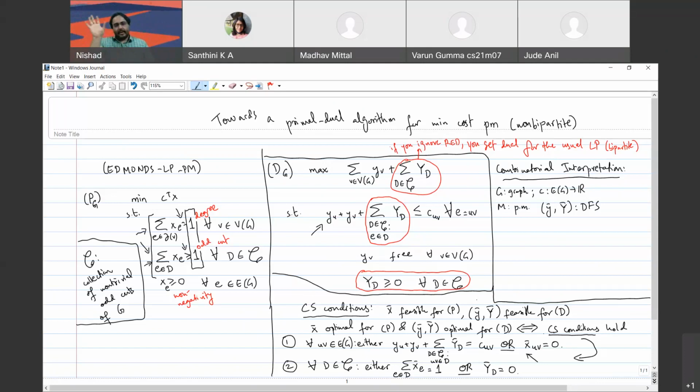So supposing the x bar uv equal to 0 does not hold, that means that the edge is in the perfect matching, right? Because then it will be equal to 1. So whenever the edge uv is in the perfect matching, we need the left hand side condition to hold tightly, right? So the first condition basically says that if an edge uv belongs to the perfect matching M,